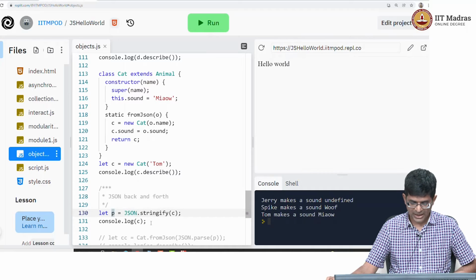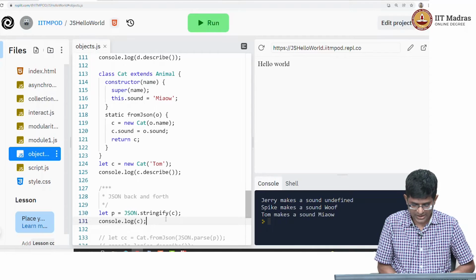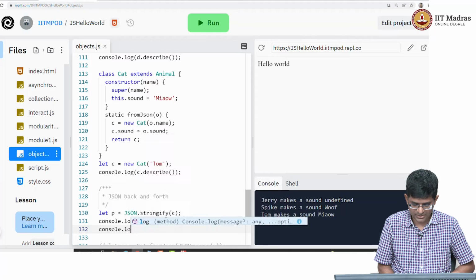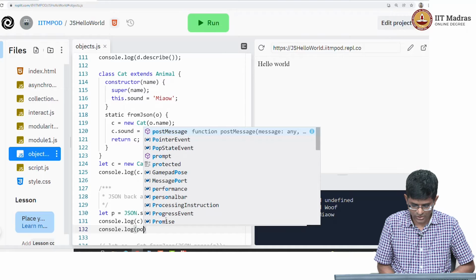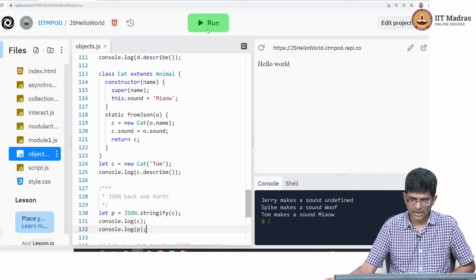As a result of that, let's look at two things. One is we want to look at console.log of what c looks like, and we will also look at what console.log of p is going to look like. Okay, and if we run this,